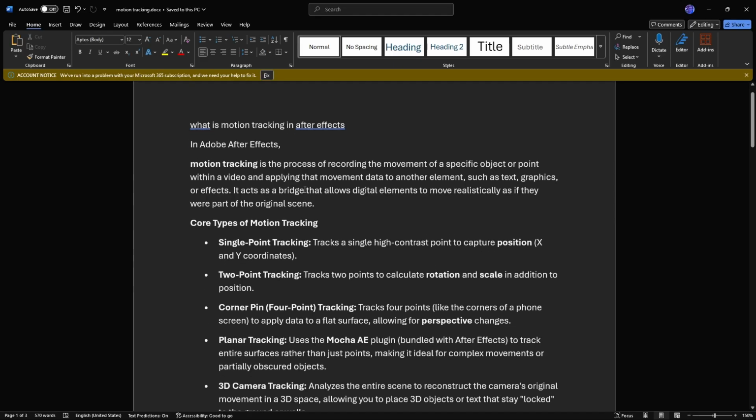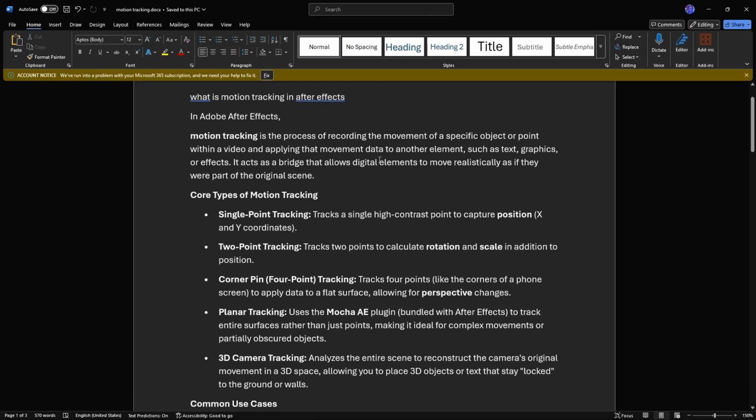In Adobe After Effects, motion tracking is the process of recording the movement of a specific object or point within a video and applying that movement data to another element such as text. It can be text, graphics or effects. It acts as a bridge that allows digital elements to move realistically as if they were part of the original scene. The core types of motion tracking: single point tracking tracks a single high contrast point to capture position,